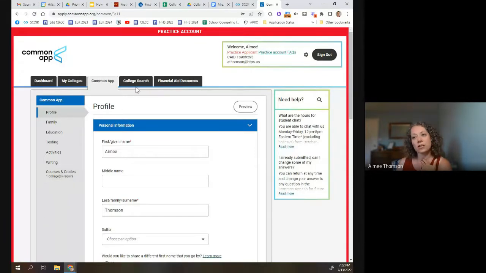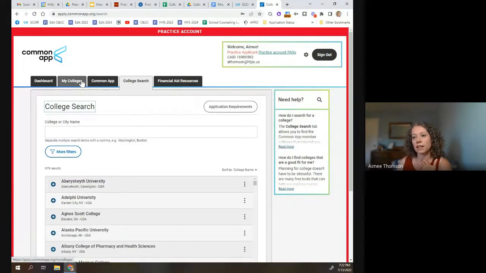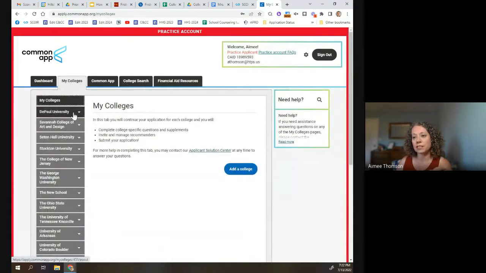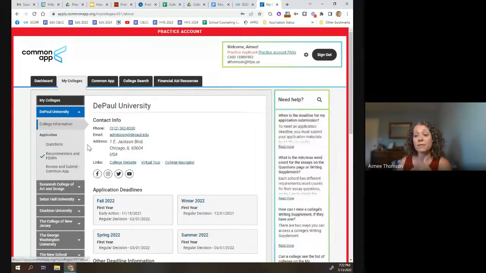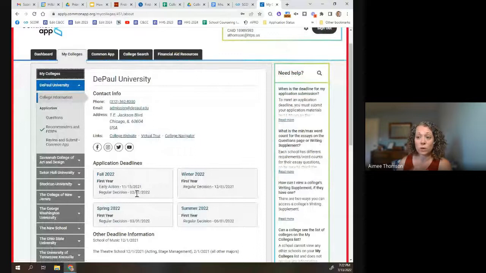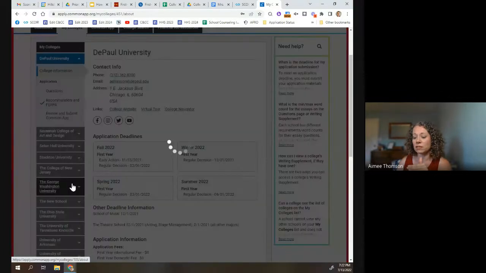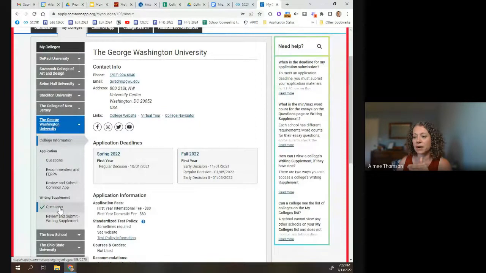Then after August 1st, you can go in and you can start adding schools, which will show up on your My Colleges list. Each of these schools has some individual school-specific information that you'll need to submit. You'll see right now it is all really geared towards the 2022 year, which is why I said all this information gets blown away. Schools can change their essay questions. So schools that have additional essays, this is the kind of section you'll find them in, either in questions, or there might be an indication that there's a supplemental section like this, a writing supplement. This is where you'll find that, but it can change.